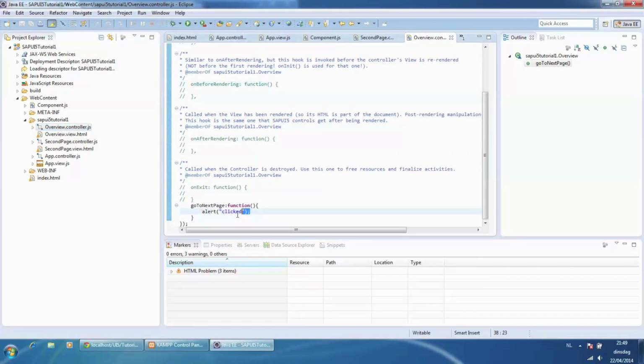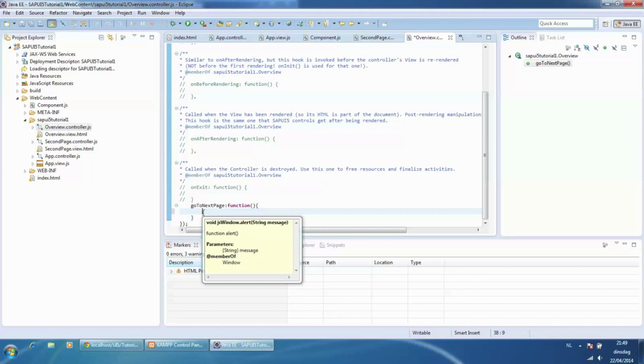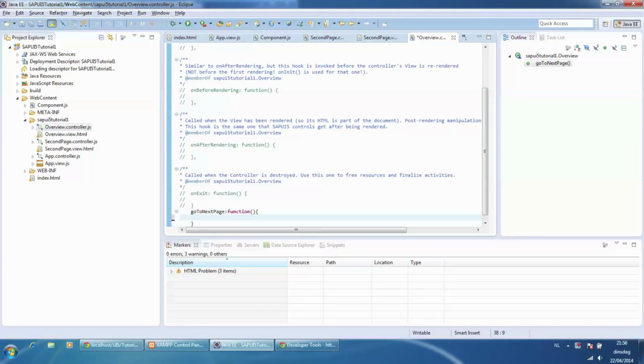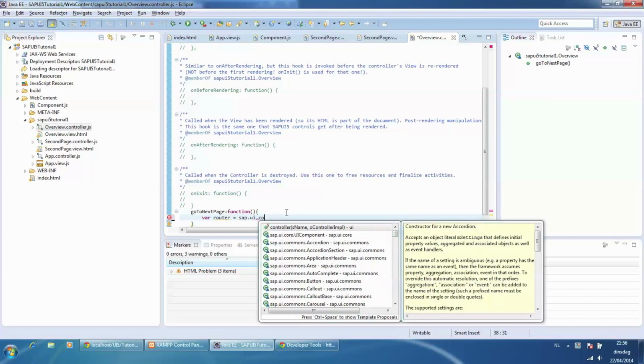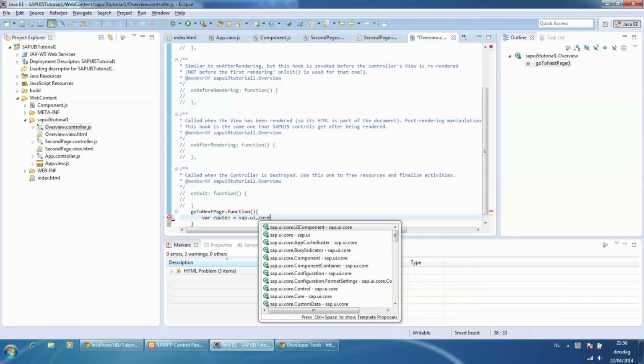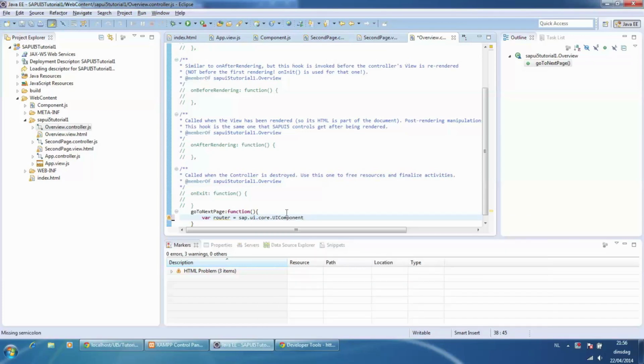In the overview controller, we changed the button event handler. We get the router component and navigate to the second view.